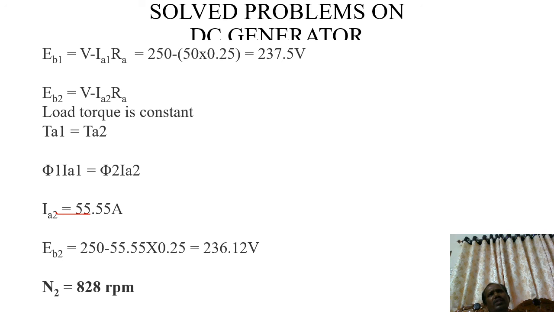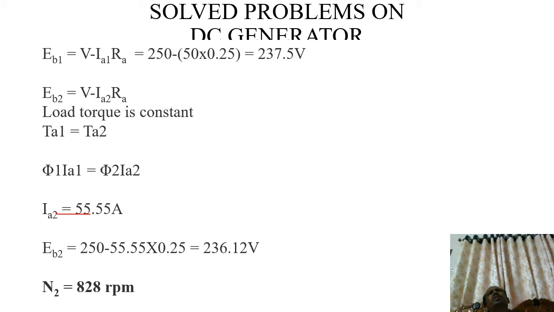If the generator armature winding is connected lap, A is equal to P; if it is connected wave wound, A is equal to 2. You can remember this and substitute it for calculation, which is an easy way. Once you go through a number of problems using all these pointers, you will understand. That's why I am repeating these derivations.